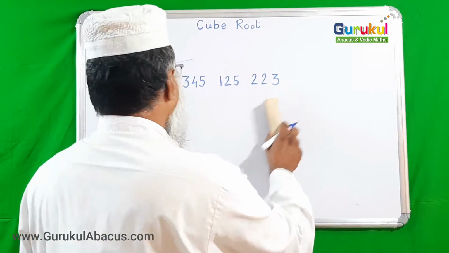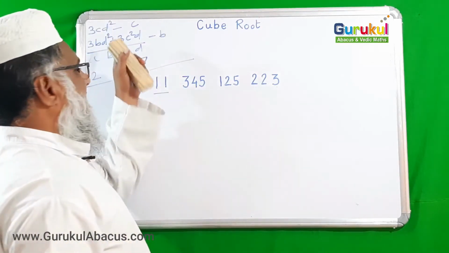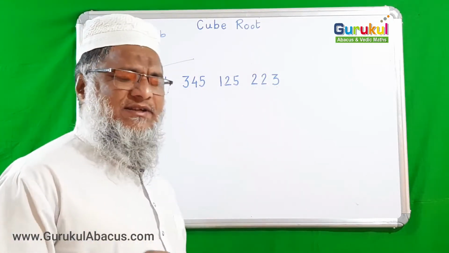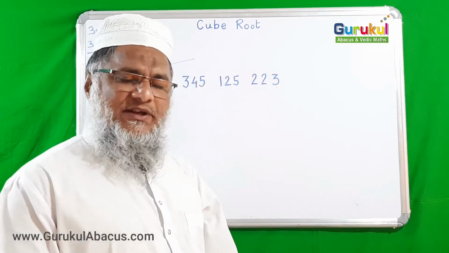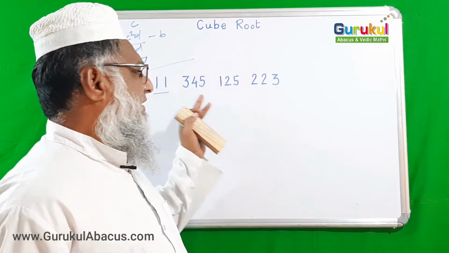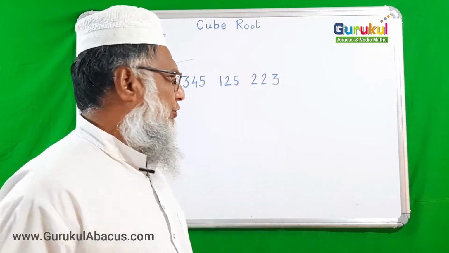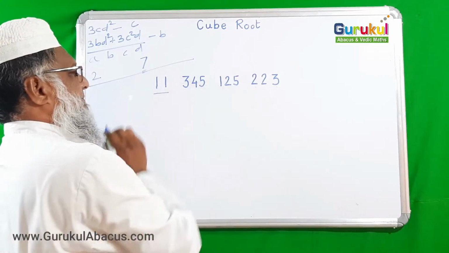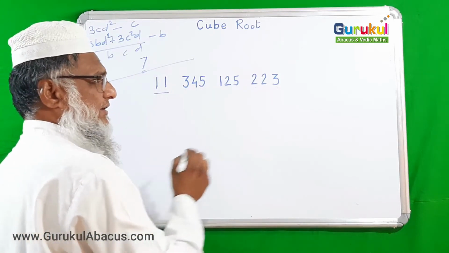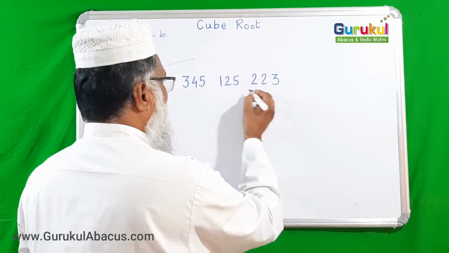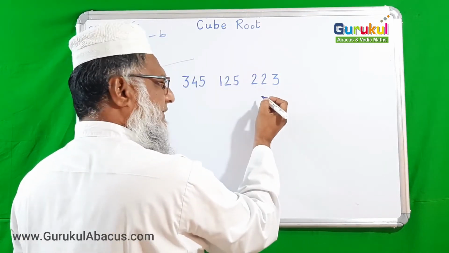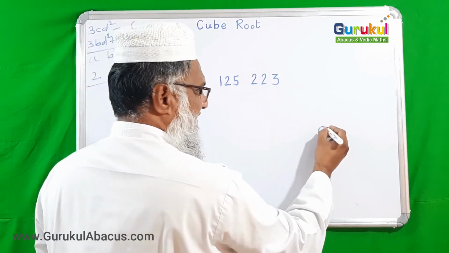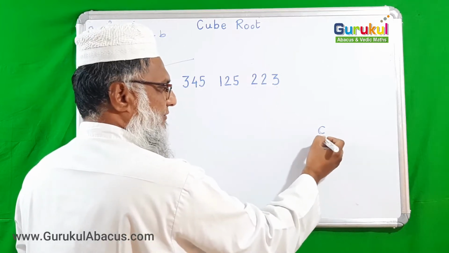So how to find c of this example? For it what to do? Very simple, only 2-3 steps we will understand. We can easily solve examples of 10, 11, 12 digits. So no problem, just keep in mind: what is the last pair? Last digit is 7. So firstly we have to subtract the cube of this last digit, means the cube of D, from this. It's our process to find C digit of the example.